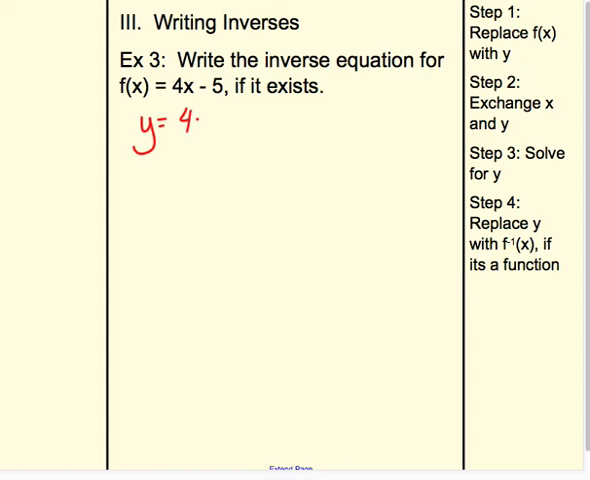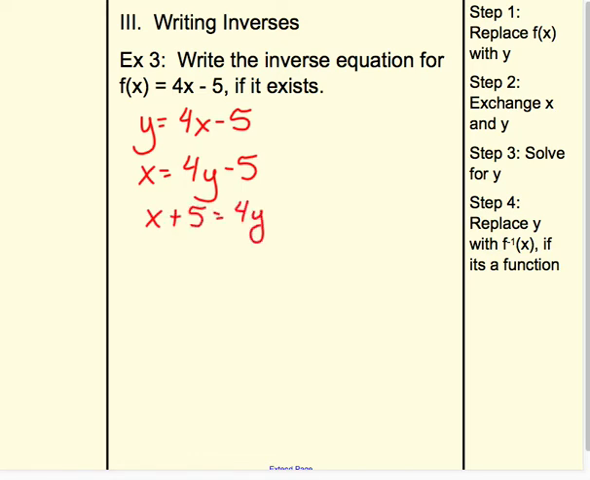So we're going to call it y equals 4x minus 5. And again, remember with the function machine symbol, the x and f of x switched places. When we wrote the inverse for the set of ordered pairs, we switched the x and the y. When we write the inverse, step 2, switch x and y. And then we're going to solve for y, so I'm going to add 5 to both sides